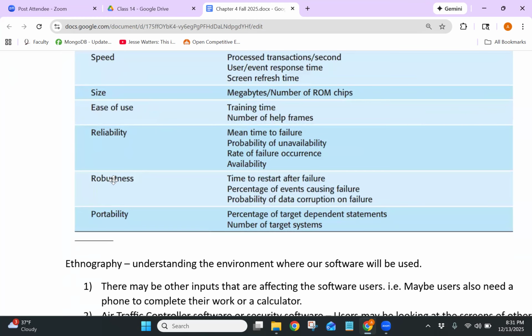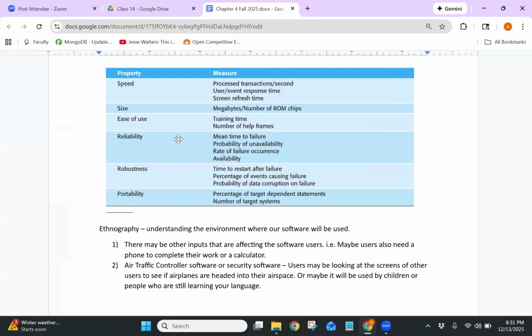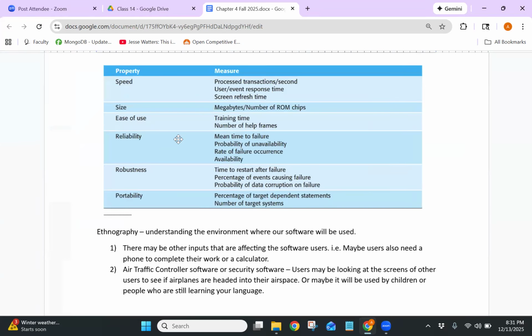Like somebody comes up to you and says, "I want a car that's quick." That's very hard to quantify because what does quick mean? Quick to accelerate, quick overall, quick to turn on, or I want a car that's roomy. Again, that's very hard to quantify. What does that mean? Roomy where? In the seats,